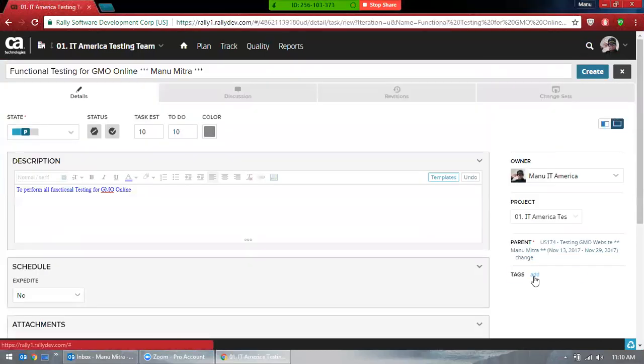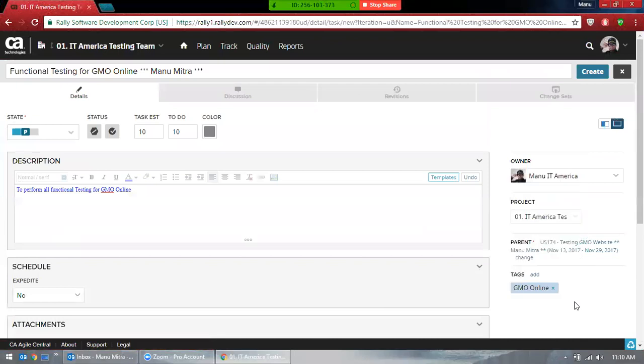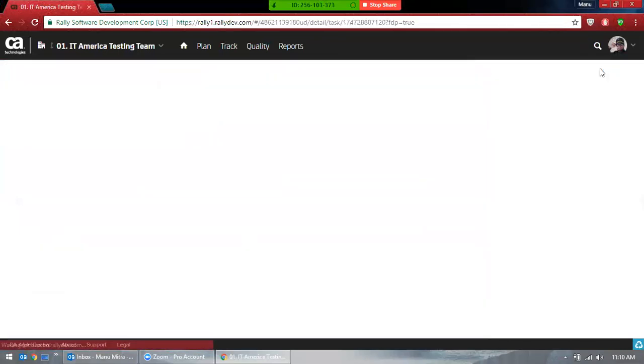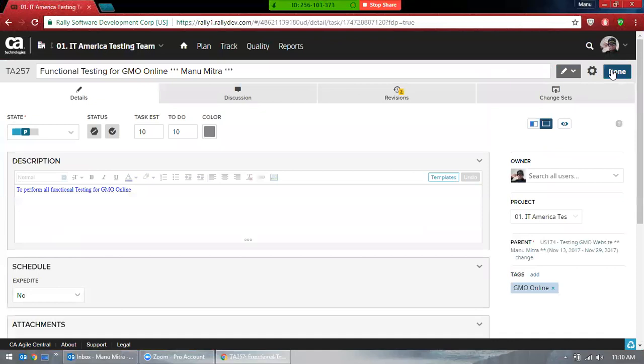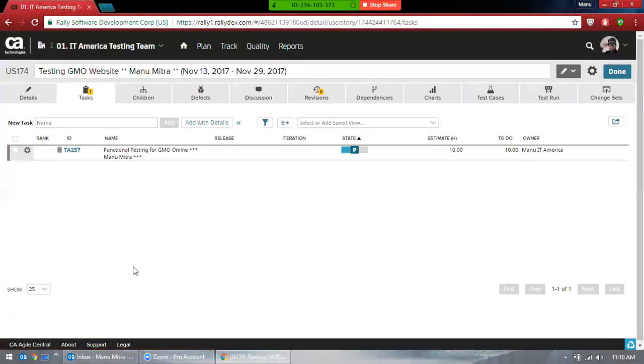And tags: let's say you're working on GM Online, we'll just put GM Online. That means it's related to this. Whenever somebody types GMO, this shows up. Then just click on create, and click on done. Great, so I have just created a task for myself.